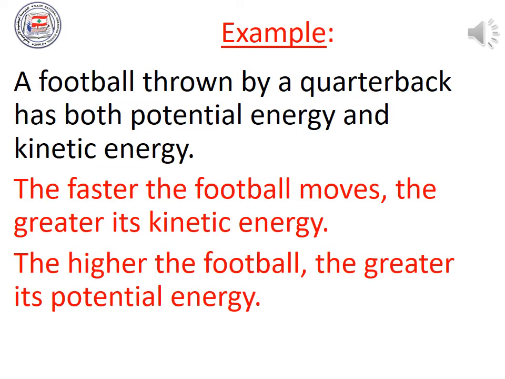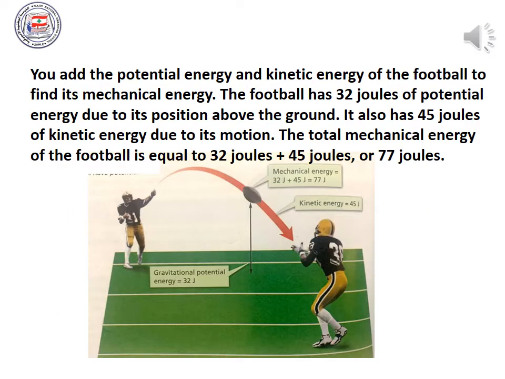object. For example, a football thrown by a quarterback has both potential energy and kinetic energy. The faster the football moves, the greater its kinetic energy. Why? Because it has a greater velocity. The higher the football, the greater its potential energy. Of course, because it has a greater height. You add the potential energy and the kinetic energy of the football to find its mechanical energy, like we already